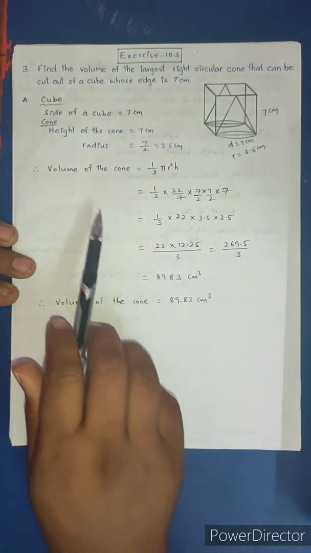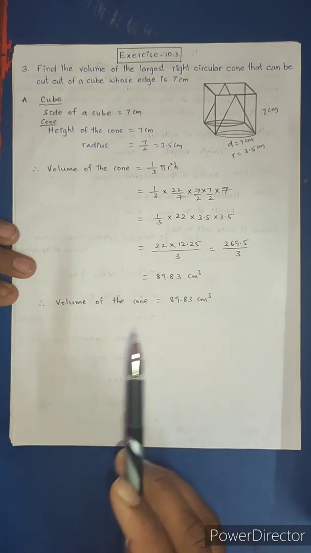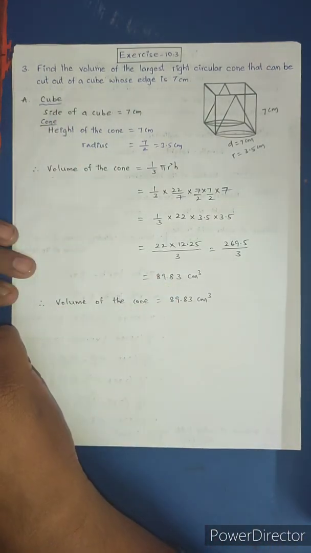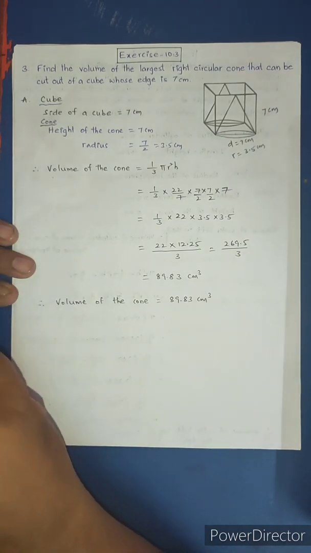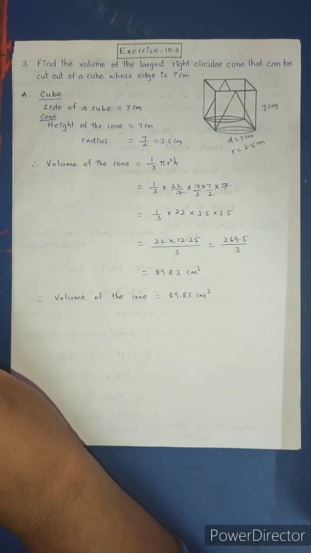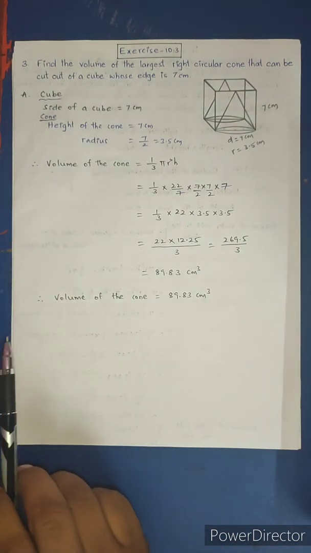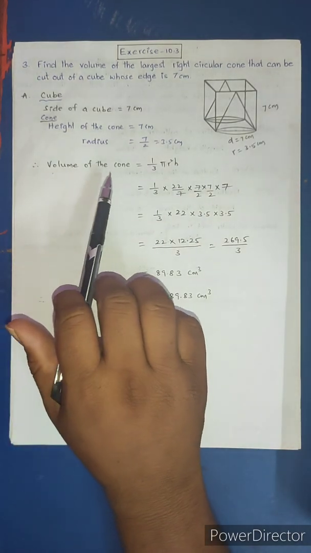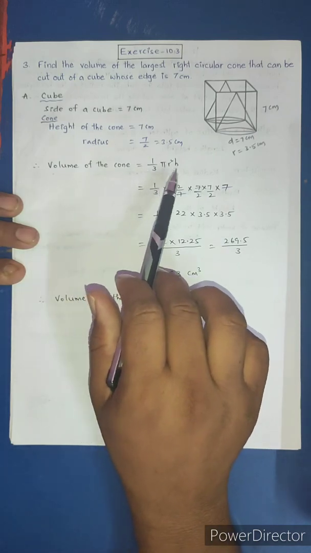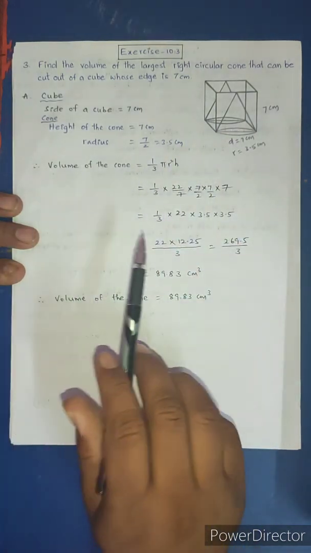At last, with one step I solved the problem. We can do in so many types. First we can find the volume of cube, volume of cone, then we subtract. We can get the answer. Many ways to find the answer. This one also one way. Try to understand it. Volume of the cone is equal to 1/3 pi r square h. This volume asked to remove from the cube.